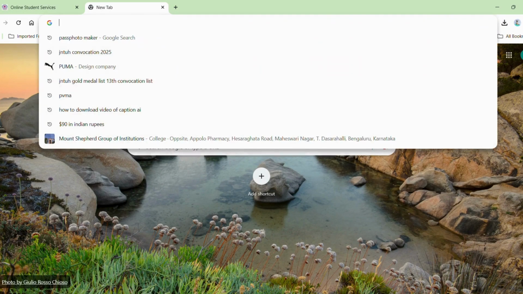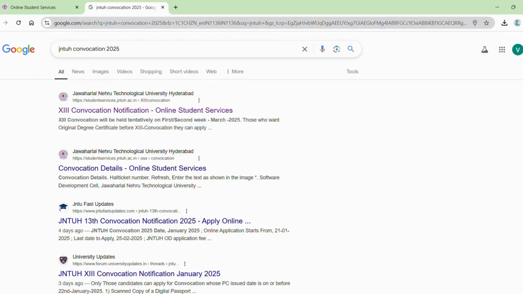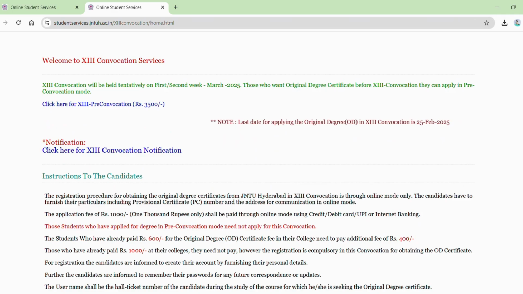Apply for original degree, go to JNTUH Convocation 2025. In the result, go through the first result, that is JNTUH Convocation 13. Later, you will be redirected to the JNTUH 13th Convocation server, and here you can find the convocation notification and the list